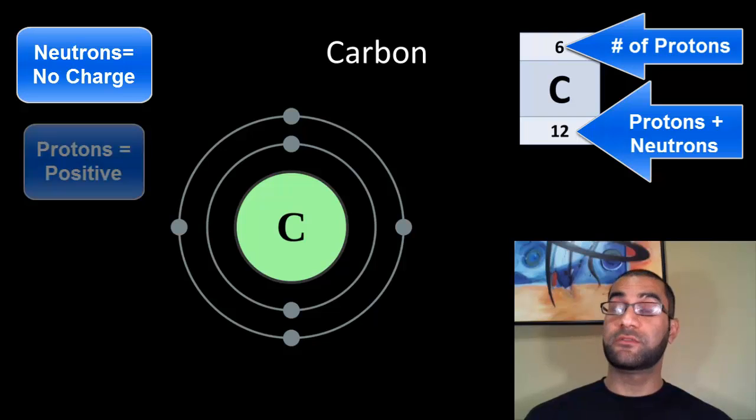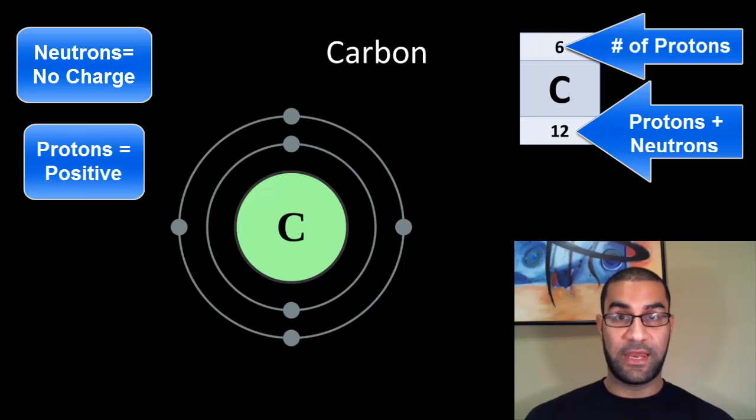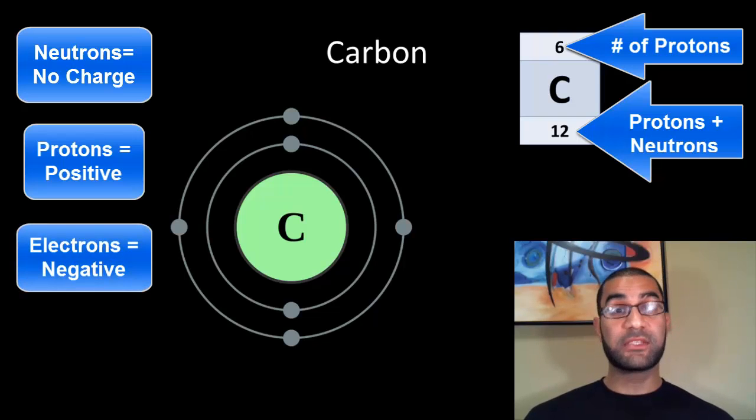Protons have a positive charge, and both the protons and the neutrons are what you find within the nucleus of that atom, or the center of that atom. So in the center of a carbon atom, you have protons and neutrons, 6 of each, and in order for the carbon to be stable, a typical carbon element, the element itself shouldn't have a charge. So if you have 6 protons, which are positively charged, you should also have an equal number of electrons, which are negatively charged. So based on the atomic number of carbon, we can identify that it has 6 protons, 6 neutrons,